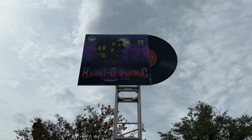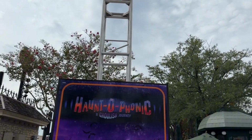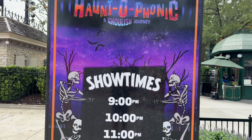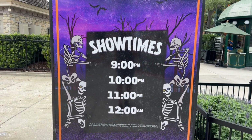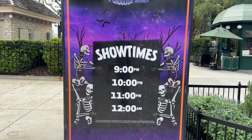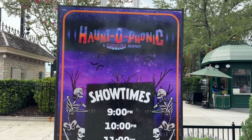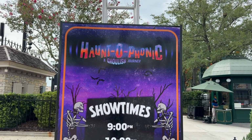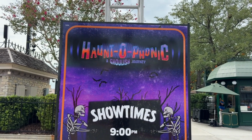And Central Park is where you'll find Hauntaphonic, a ghoulish journey. This is gonna be a lagoon show with projections and music, lasers and things like that. They've done these kinds of shows in years past, but it's been a couple years, and I'm really excited to see this show this year. This was always one of my favorite parts of Halloween Horror Nights, so I can't wait for the return of